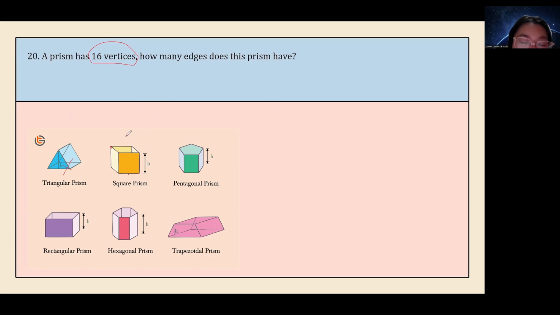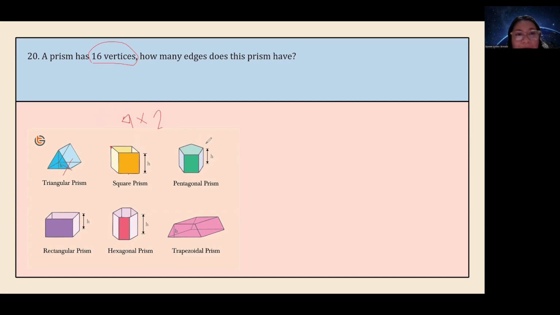So let's try to look at other prisms first so that we can imagine what happens. For a square prism, we have 1, 2, 3, 4, 5, 6, 7, 8 vertices. That is basically just twice the number of sides of our base. If we have a base that has four sides, the vertices would just be multiplied by 2. In this case, also pentagonal, so five sides, 1, 2, 3, 4, 5. So the vertices would also be doubled.